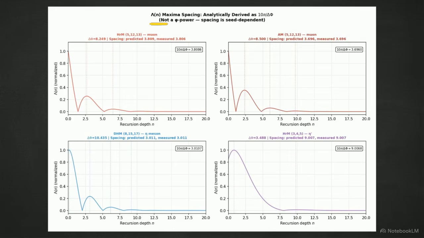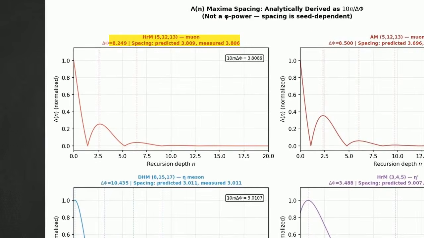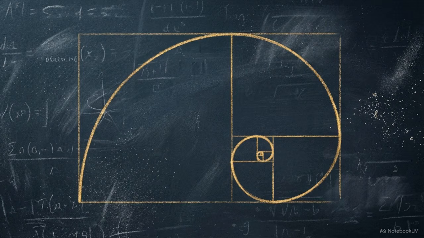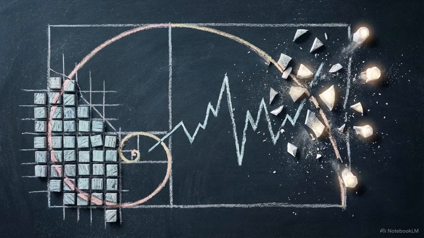These 4 profiles map the lock potential for published particle seeds. The spacing between the peaks is driven purely by the specific phase strain, delta phi. The distance between successive maxima is analytically derived as 10π divided by delta phi, entirely independent of the golden ratio. The original phi-commensurability theory offered an elegant, unified explanation, but the data proves that the physical parameters of these